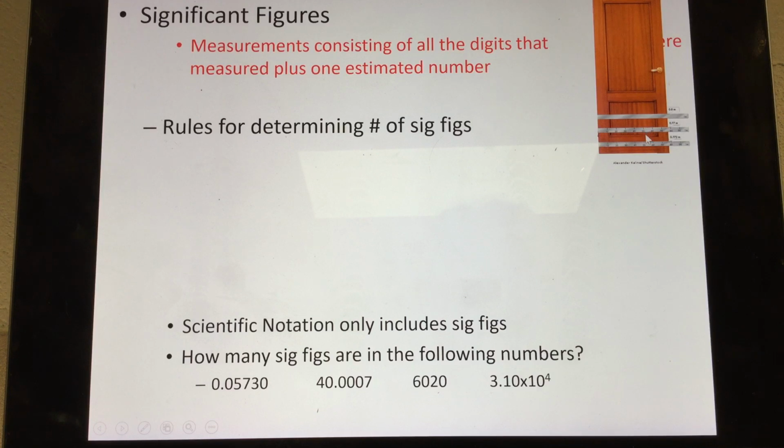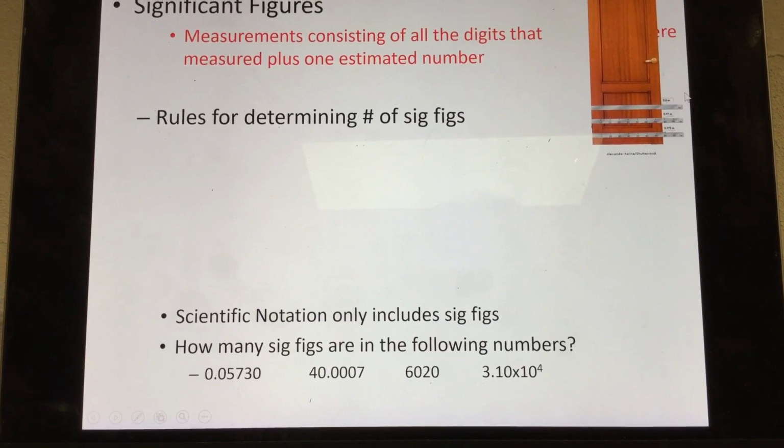Depending on the markings on the ruler, we can have more and more significant figures, and therefore a more and more accurate measurement of this door depending on which ruler we use. Here, this top ruler, or meter stick I should say, really doesn't have any markings at all. It's just 1 meter in length. So the best that we can do to measure that